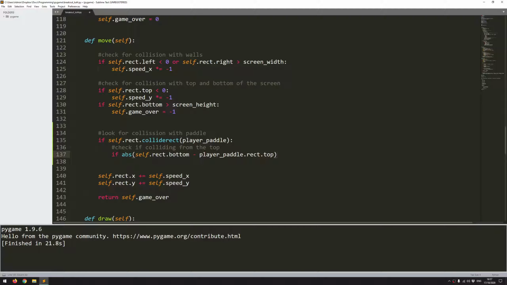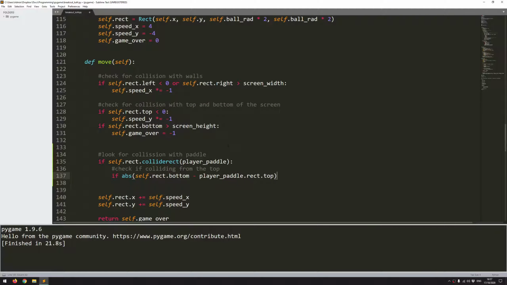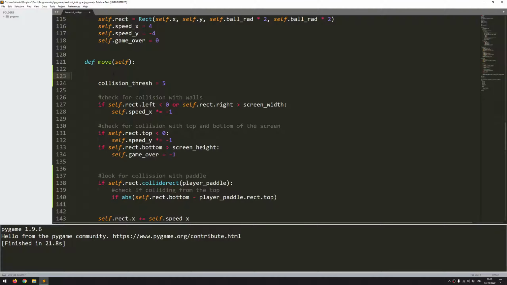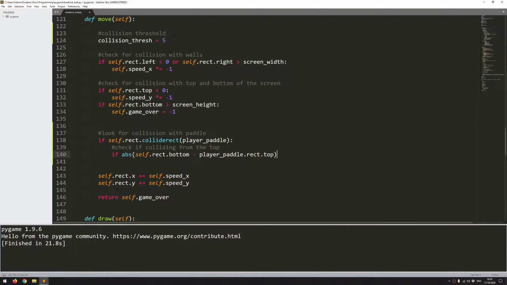And I want to add some kind of threshold for this because it's not going to be pixel perfect. So my threshold I'm going to add further up in the function. I'll call this a new variable here, and I'll call this collision_thresh. And I'm going to make this 5 pixels. As long as the overlap is within 5 pixels, then I'm going to say that I've collided from the top of the paddle. So collision threshold. And I can add this check to here. So if that's less than the collision_thresh,